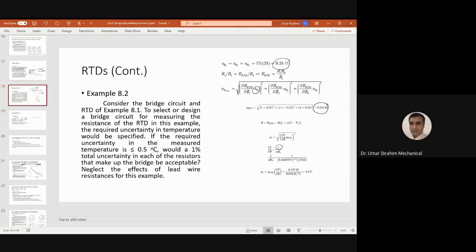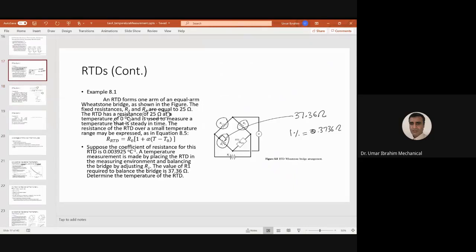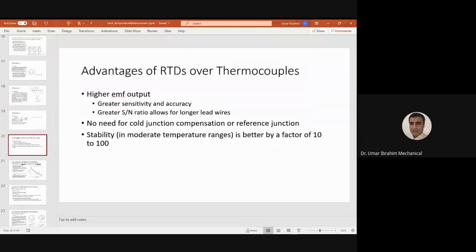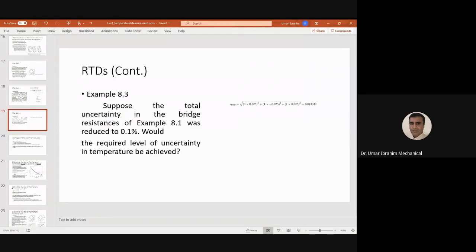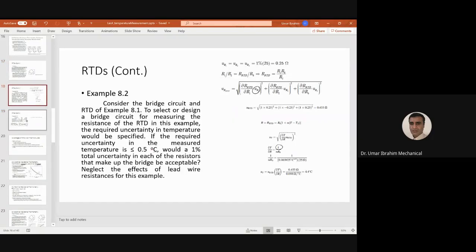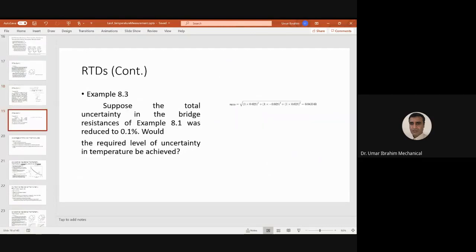That was an RTD problem, in which we saw how error or uncertainty propagates through our calculations. The next, okay. So we did example 8.2 in our previous lecture, and example 8.3 is a repetition of the same example, except now